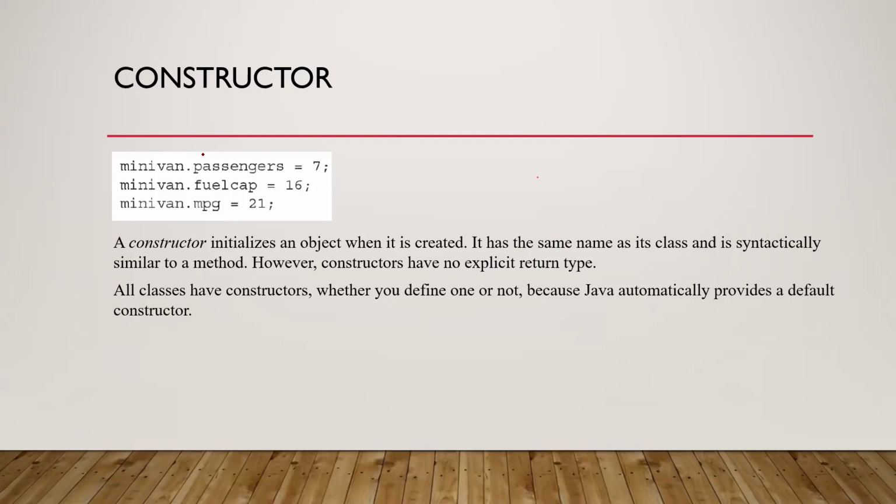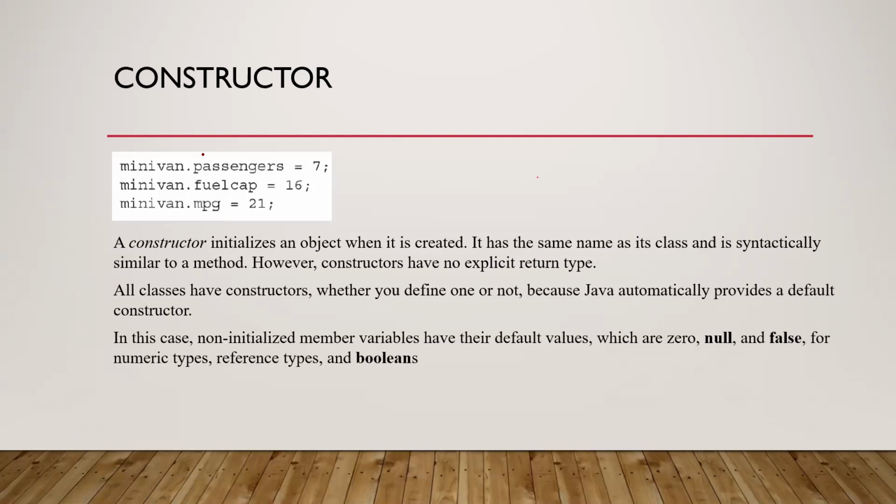So as all the child classes come from the Object class, and the Object class has a constructor, which is a code block, a member of the class with the same name as your class name, you don't need to define your own constructor in the class, right? And here, if you have not initialized any members, they will have default values, which are 0, null and false for numeric types, reference types, and booleans.